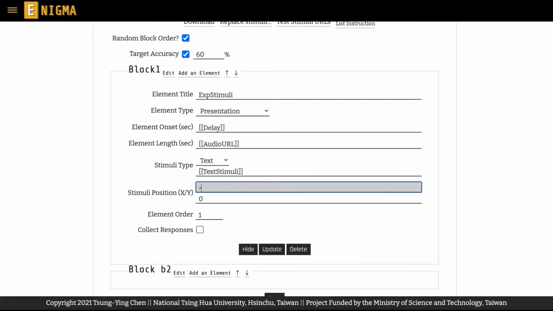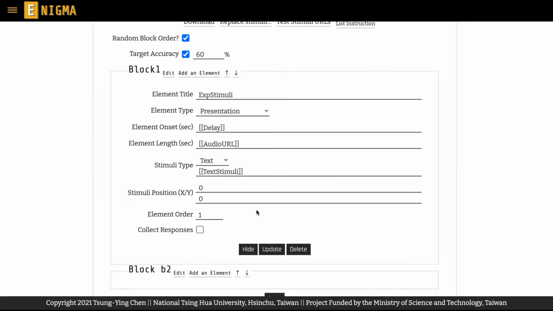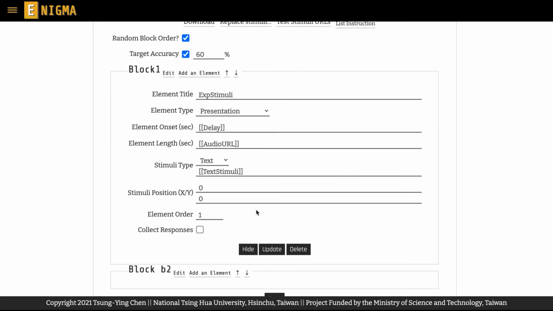If y has a value of -50, then the visual stimulus will be moved upward from the screen center by 50% of its height. The two columns are set to 0 by default, which positions a visual stimulus at the center of the screen. Needless to say, this setting is useless for audio stimuli. As in other settings, you can retrieve the by-trial information from your stimuli list by referring to the column name in this setting.